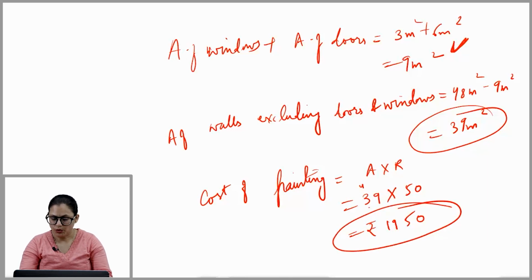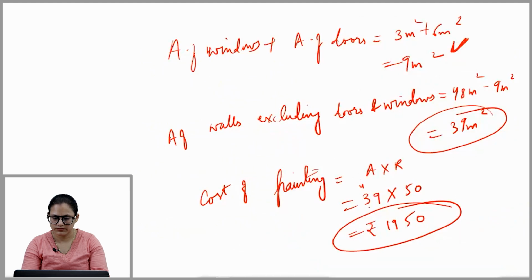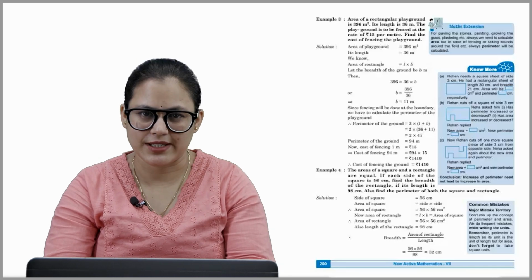Okay, now see, this is the formula. Area of 4 walls is equals to, by using this formula, you can easily find out the area of 4 walls. Okay, similarly you will do other examples also by using the formulas. Okay,